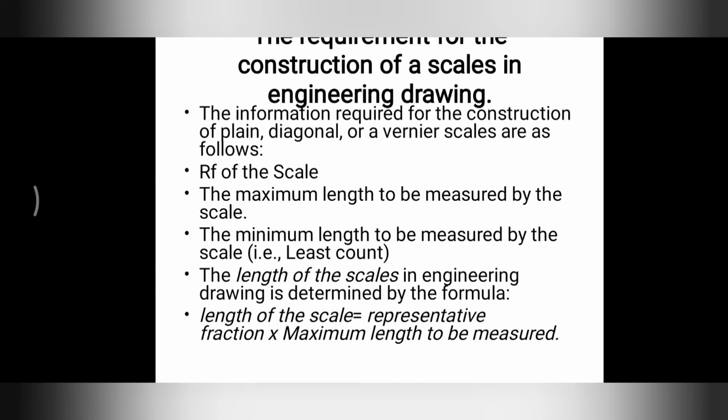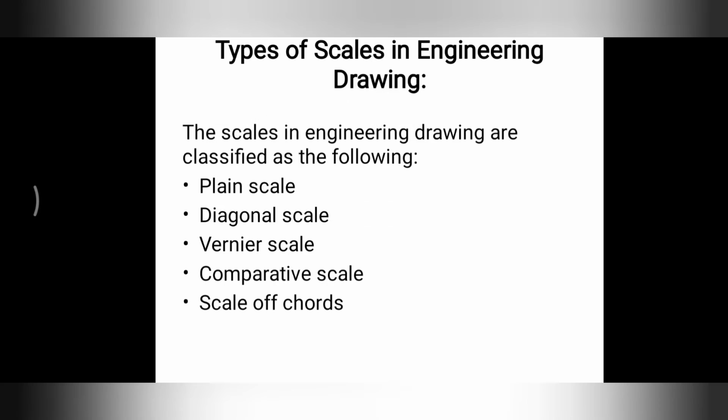What we require for construction of scales in engineering drawing is, first, to identify whether we are drawing a plane, diagonal or vernier scale, then the representative fraction, the maximum length to be measured from the scale, and the minimum length that can be measured, that is the least count. Then with the multiplication of the representative fraction, the length of the scale can be easily found using a particular formula. Here we see the types of scales: plane scale, diagonal scale, vernier scale, comparative scale,